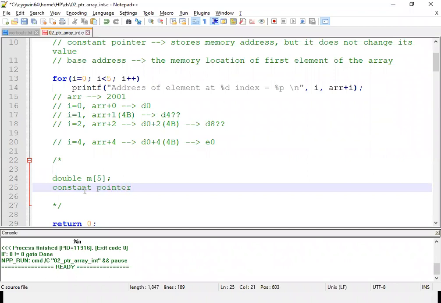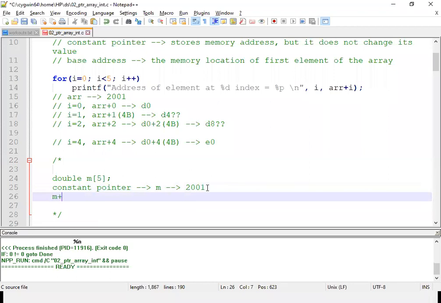M, that is the name of the array. Now assume that M contains the memory location 2001. Then tell me, M plus 1 will result in what?